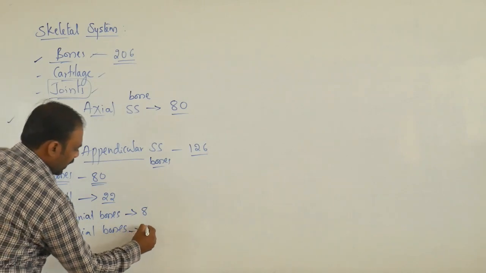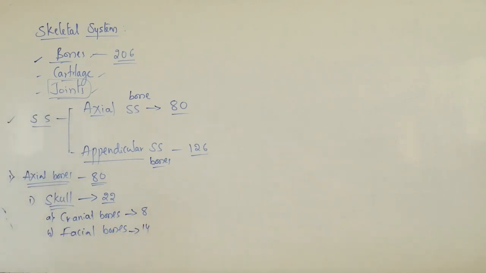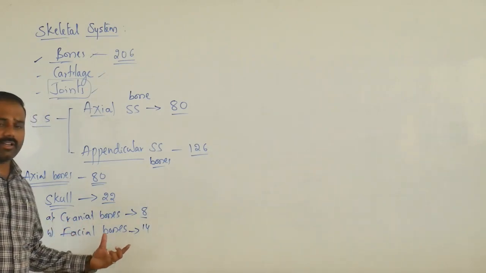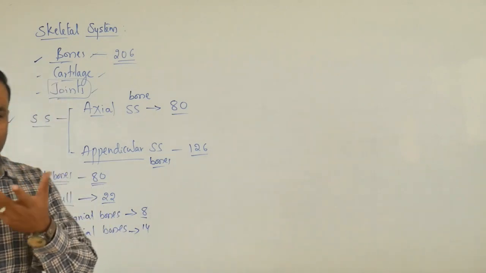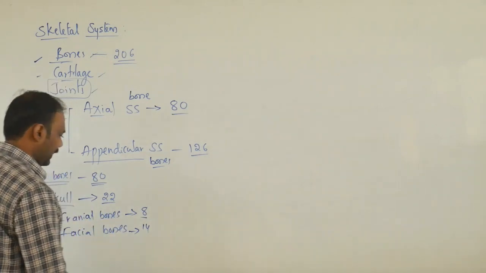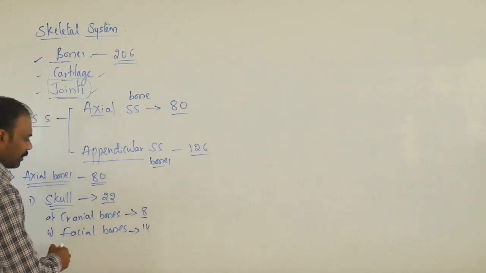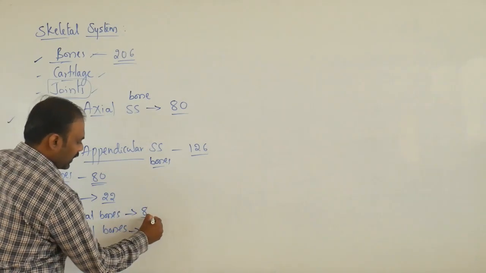Yes, there are 14. Remember, 14 are facial bones and 8 are cranial bones. So which includes what? The temporal, parietal, yes, many are there. And in case of facial, we'll be having zygomatic, mandibular, maxilla. So many different are there. At the same time, here we'll be having one more, which comes under this one, called as